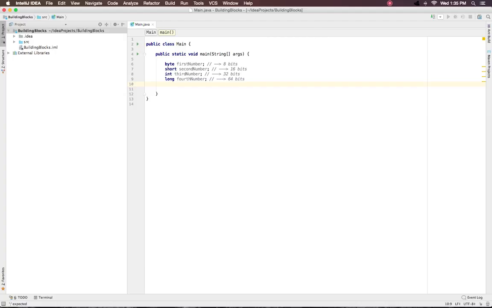But now we're going to talk about a float and a double. Float and double are two different data types. What's different about these data types is that they hold decimal values. So we're going to type float here, and you can see